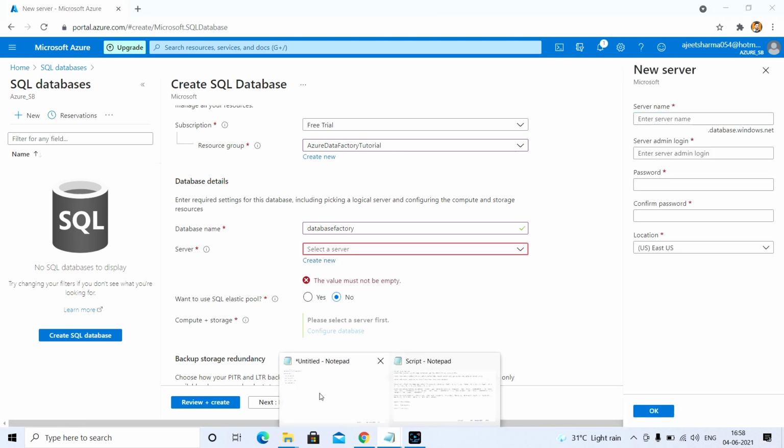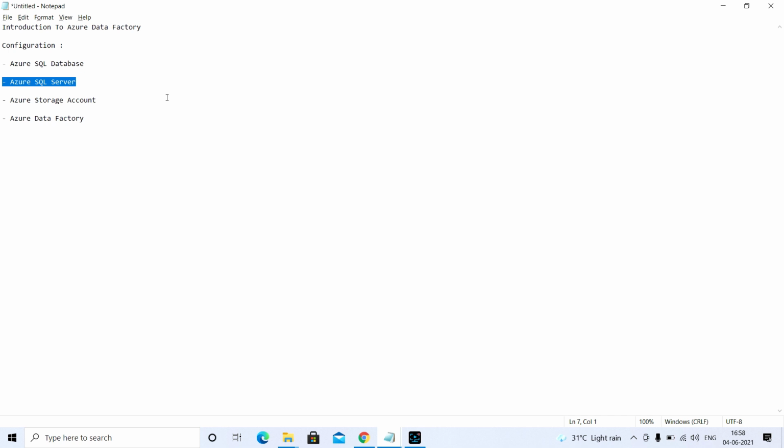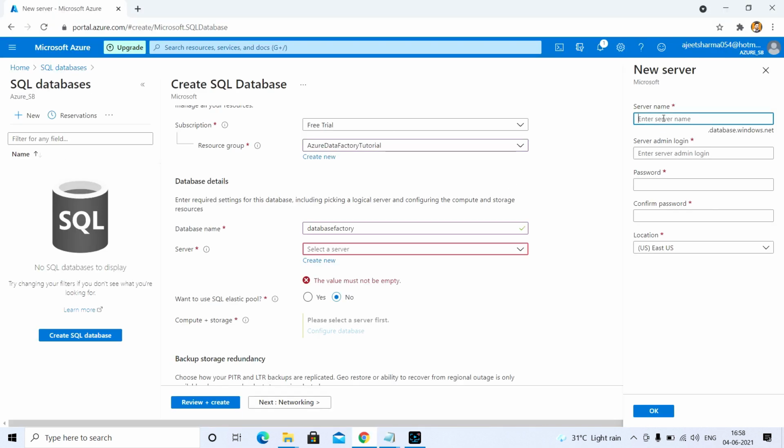Basically the Azure SQL server will be created here. Here you need to mention the name. So I have chosen that name, SQL Factory Azure.